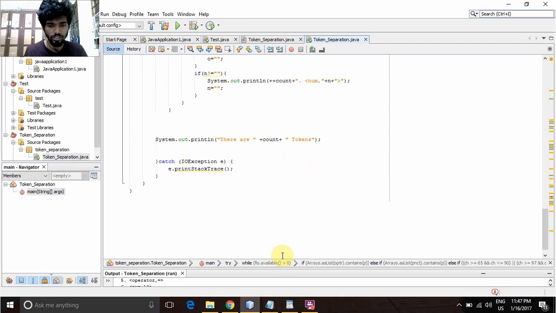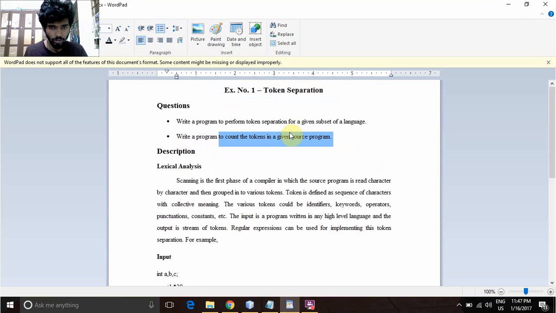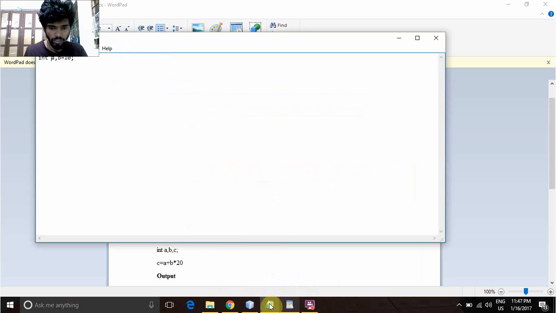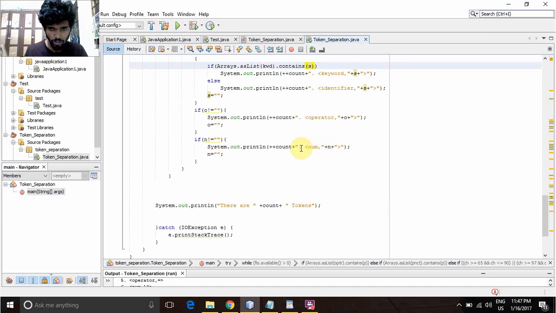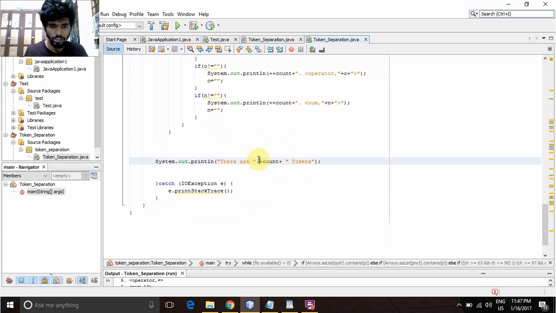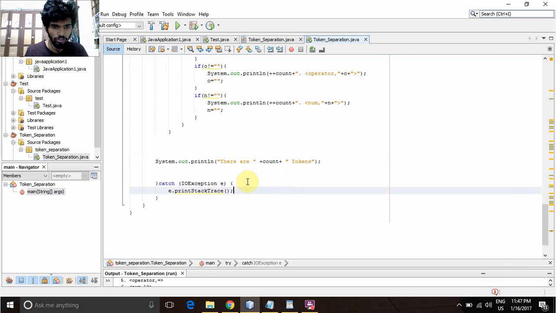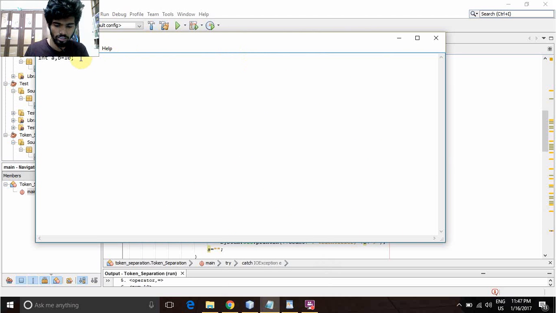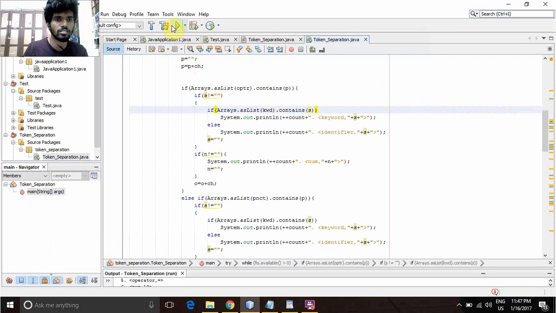Then for checking the number of tokens we have, we use the count. We initialize the count as 0. For every execution, the count will be incremented, and finally the count will be displayed. And if not, we are catching the exception. And if you want to change the input, b equal to 10, c equal to 5. If we save it and try to run,